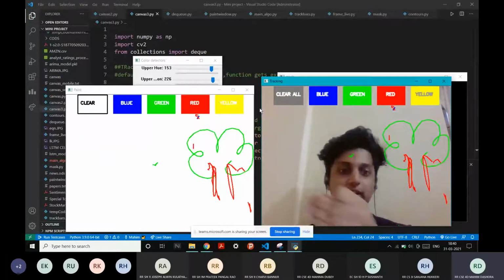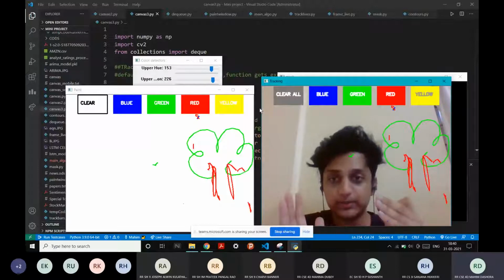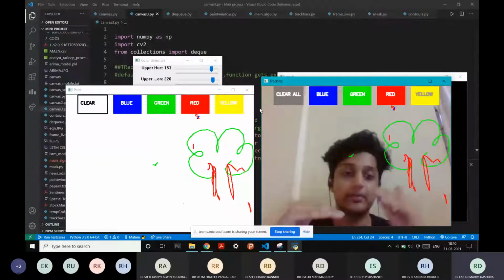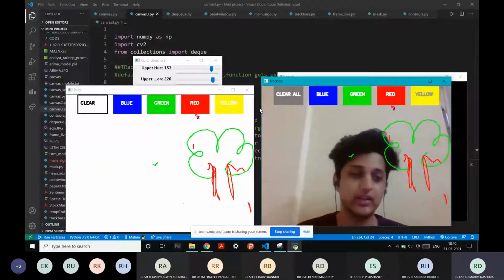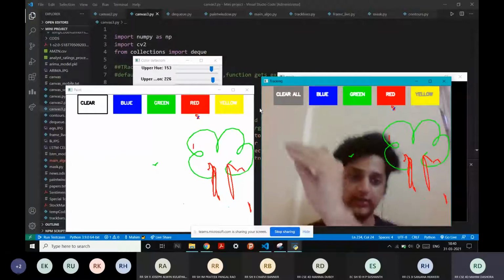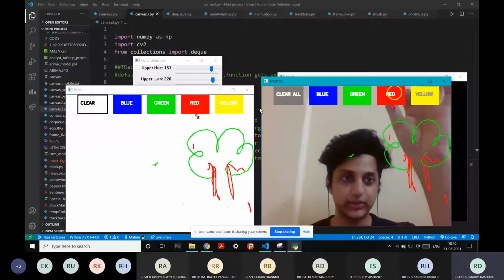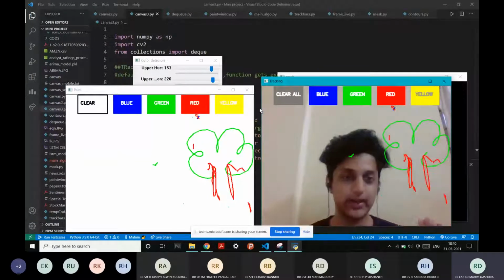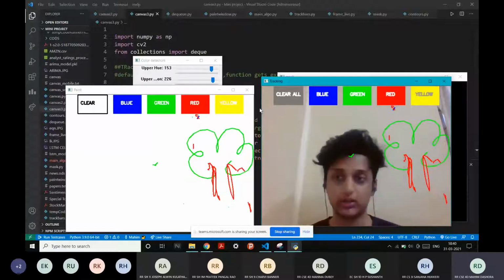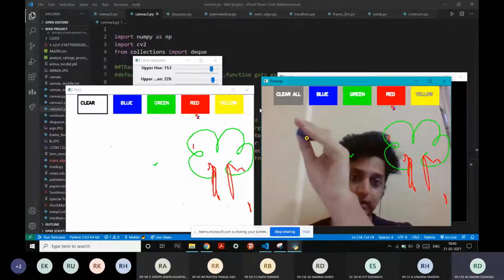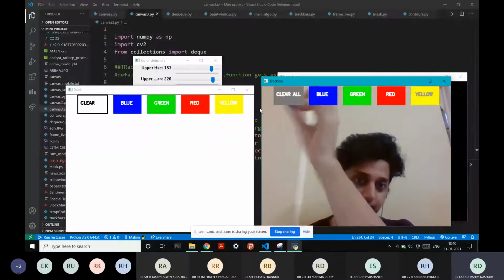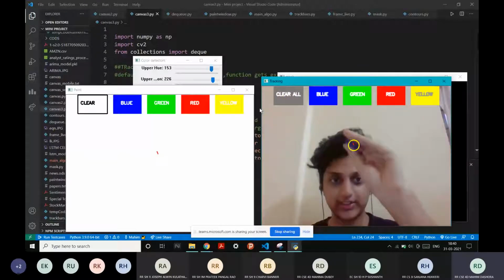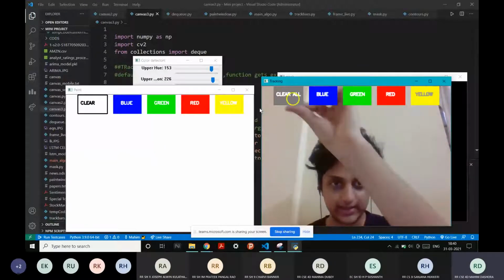So while I'm moving, I don't want any lines to be printed. I hope that algorithm part makes sense. When we are hiding this contour or we're not using anything, nothing should be drawn. This is a pretty cool project. You can also put it in your resume if you host it on a web app with front end and back end. Here I'm not touching any of these things, I'm just hovering my hands.